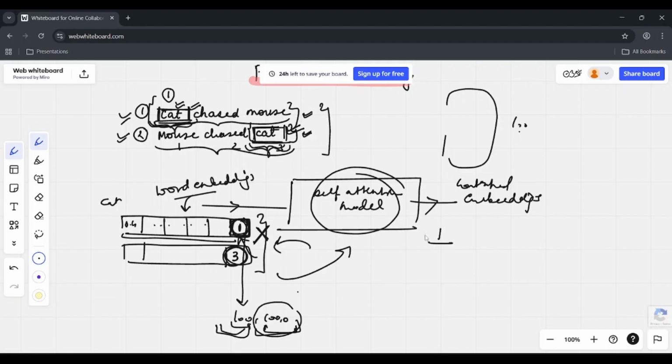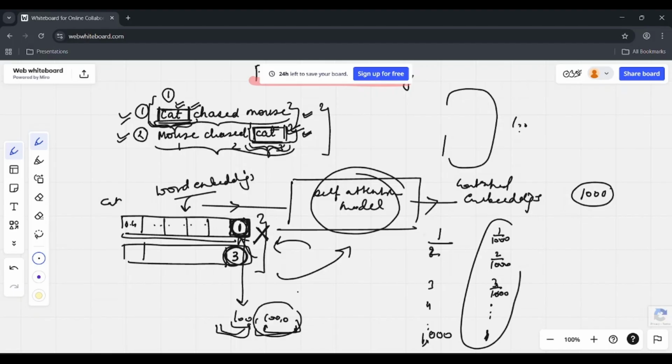For example, let's say if in a particular document we have 1000 words, then instead of giving discrete numbers like 1, 2, 3, 4 up to 1000, what if I use it this way? I divide every number by the maximum number that I have in the sequence. It will be 3/1000, and at the end it will be 1, because 1000 divided by 1000 is 1. So by this way, the numbers are now in a particular range, they are not unbounded. So this is a good strategy, right? But no, there is a problem here.